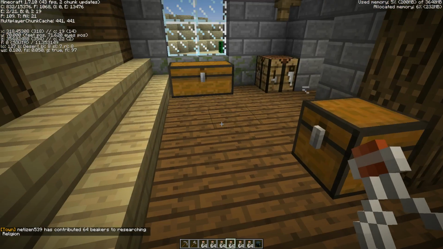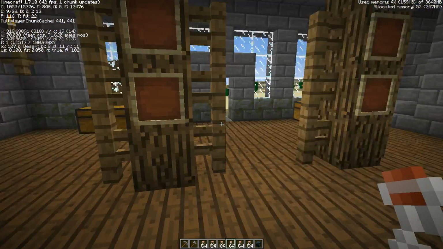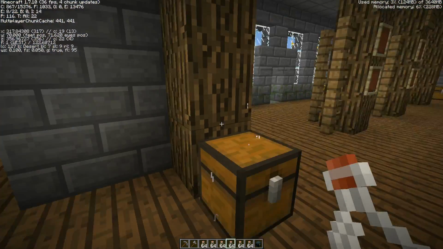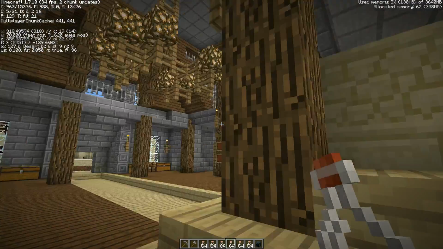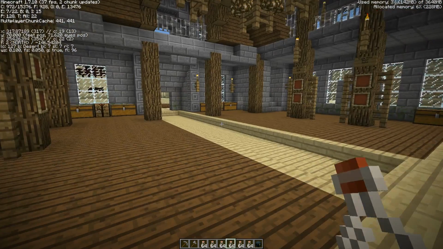Now this is actually an interesting change because it means two things. One, you can research multiple technologies at the same time. Whatever you put your beakers to is whatever you put your beakers to. It doesn't matter. The second thing is that anybody in the Civ can contribute their beakers to research. All they've got to do is come to this chest, open it up, add beakers here, and they've contributed beakers